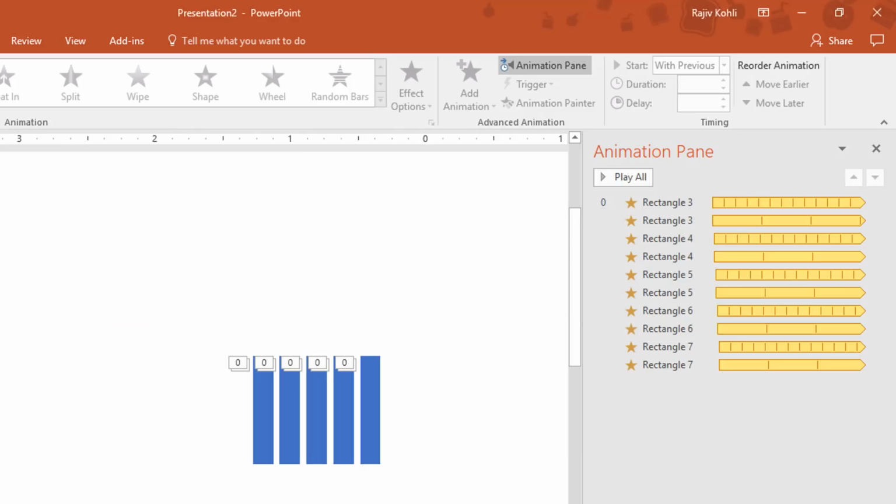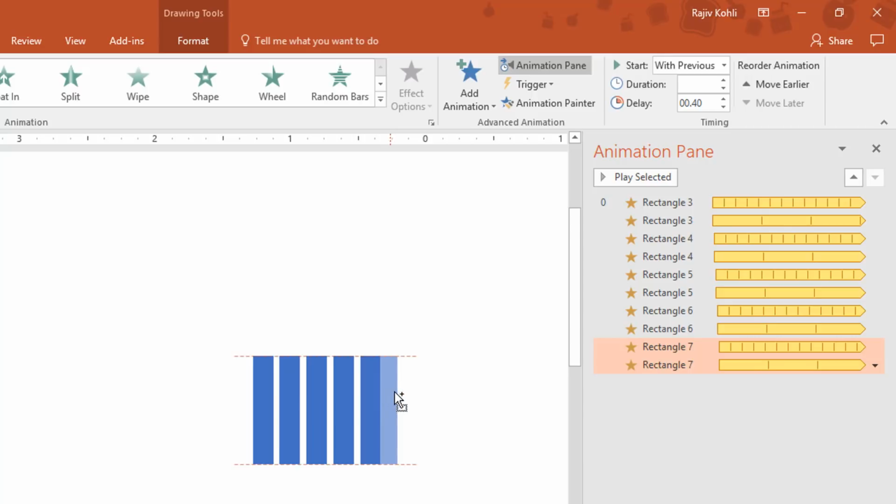Okay, that's nice. And now what I'm going to do is make 5 more copies of these bars, but this time I'm going to select the fifth bar first and make a copy of that, and the red guides indicate the positioning of your bars and the space between them, which you can see on the screen, showing you the exact difference between the sixth bar and the fifth bar.